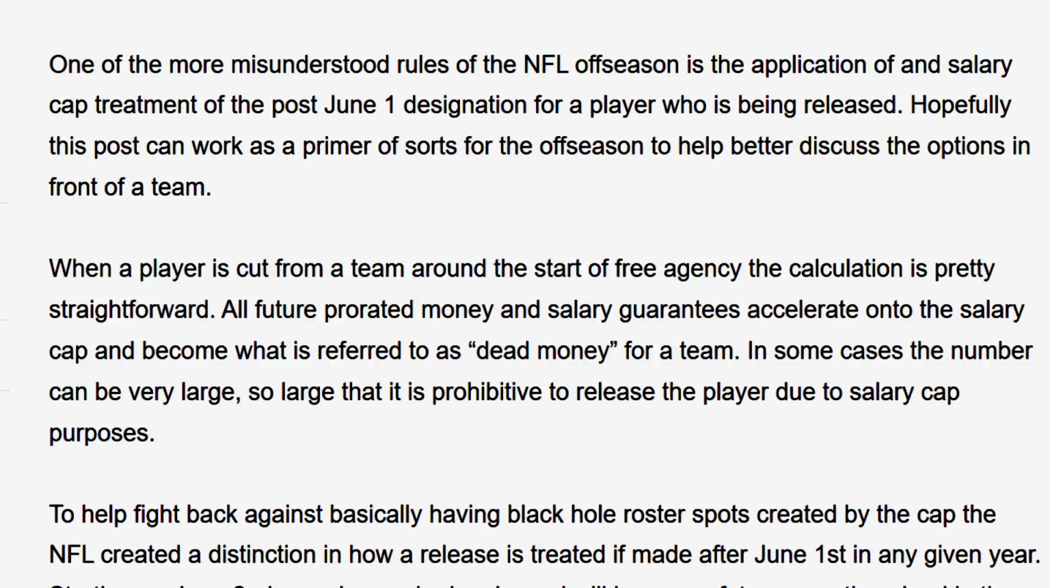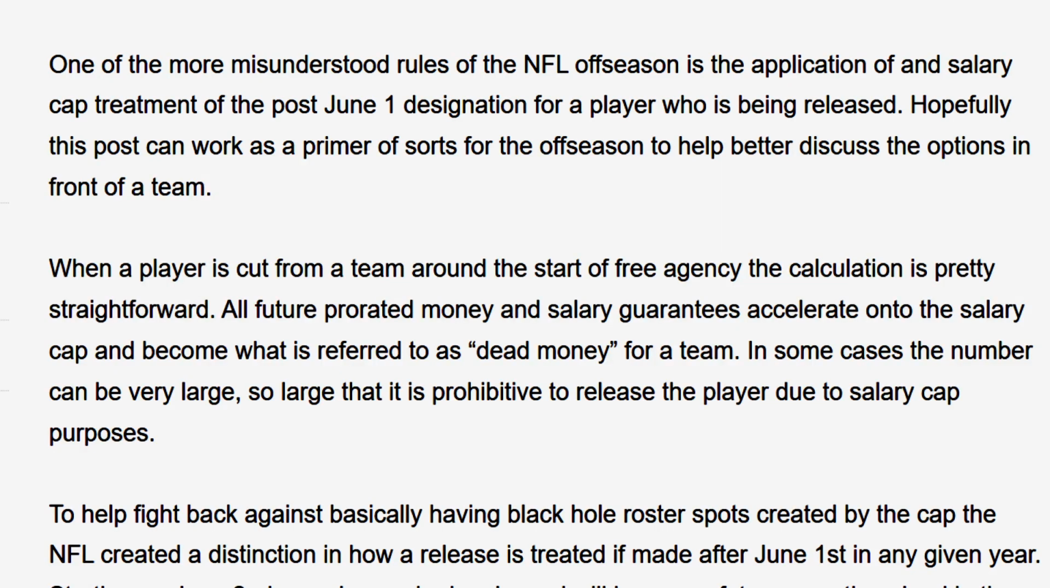Post June 1st cut dates. Let's talk about it, and let's talk about who's available. So right away, I do want to start off with the rule of what post June 1st is and why it matters. Pretty simply, every team can designate two players to be post June 1st cuts, which means they reap